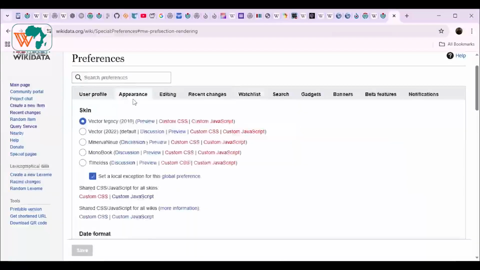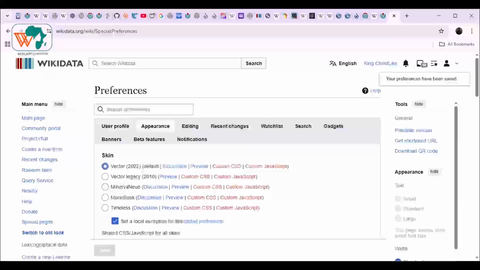About the skin, I'm using the Vector Legacy 2010 skin, but you can choose to switch to maybe Vector 2022. If I switch the skin, let me show you how it looks. If you select the one you want, you can click on save. Once you click on save, click on refresh. Once you refresh and go to the main page, you see